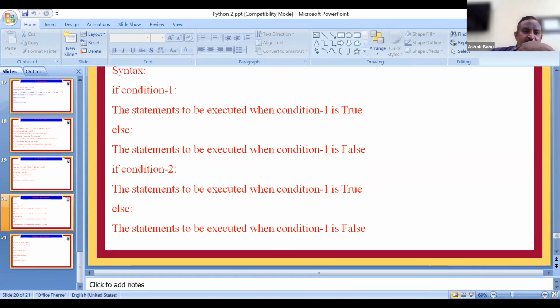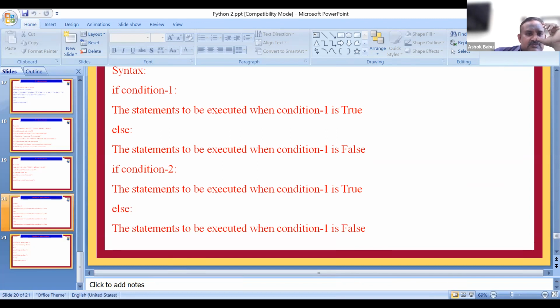The first condition is i greater than j, then j greater than i, or i less than j. The second condition is i less than j. Then i is equal to j. So there are 3 conditions when comparing i and j. By using multiple if-else statements, we need to compare these 3 conditions.